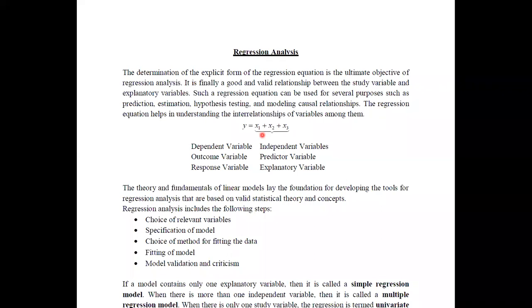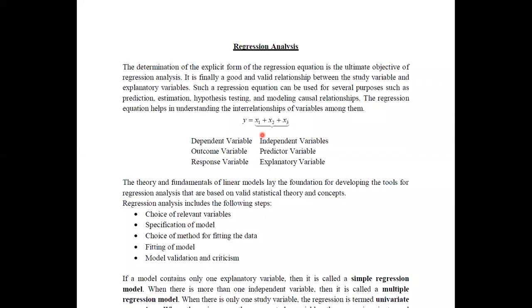As I told you at the very beginning, we identify the regression in the form of an equation. One example is y equals x1 plus x2 plus x3. Here I have considered all the coefficients as 1, since this is an example only. The y variable is what we are going to study.